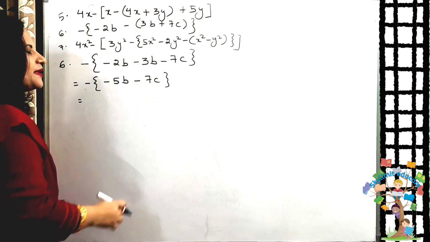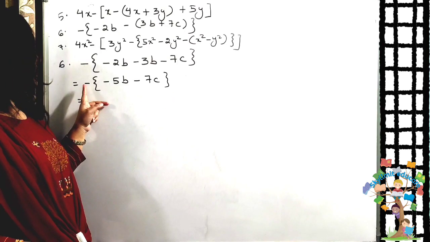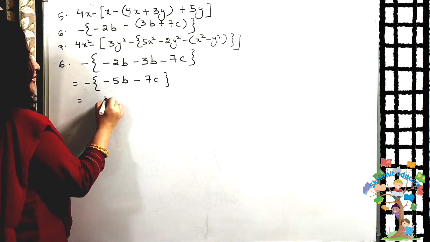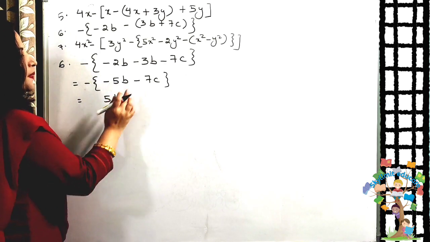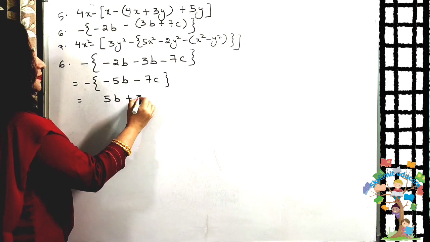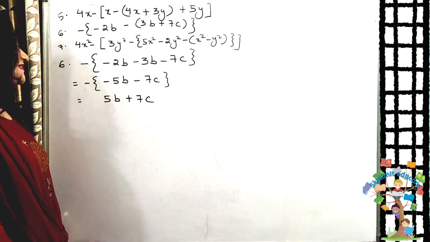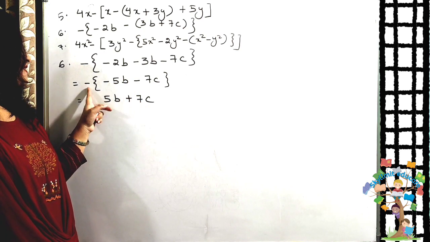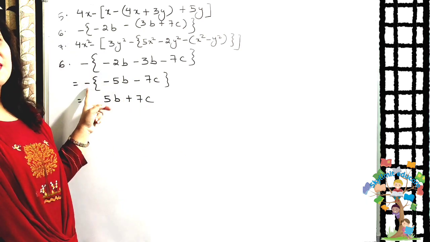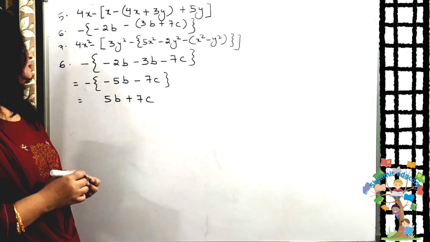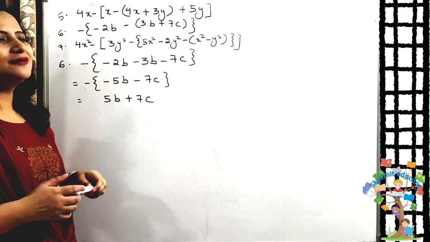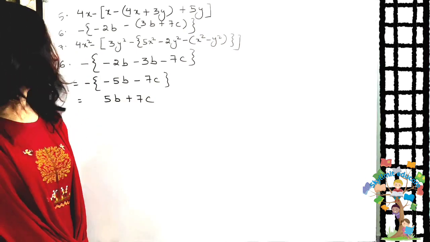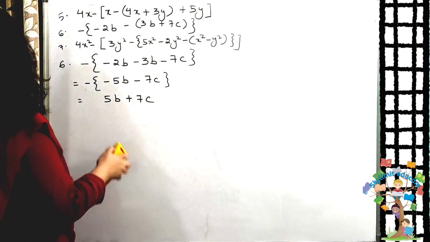Now let us open this curly bracket also. But outside the curly bracket there is a minus sign. So all the signs will change again. Minus 5b will become what? Plus 5b. And minus 7c will also become what? Plus 7c. Minus multiplied by minus is plus, minus multiplied by minus is plus. Because when there is a minus sign outside, that means it is multiplied with the signs inside the bracket. Okay? I hope the idea is getting clear, students. Now let us come to the next question.